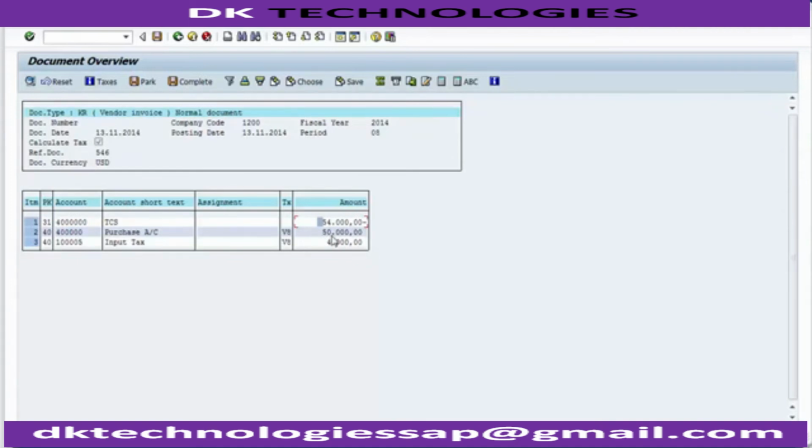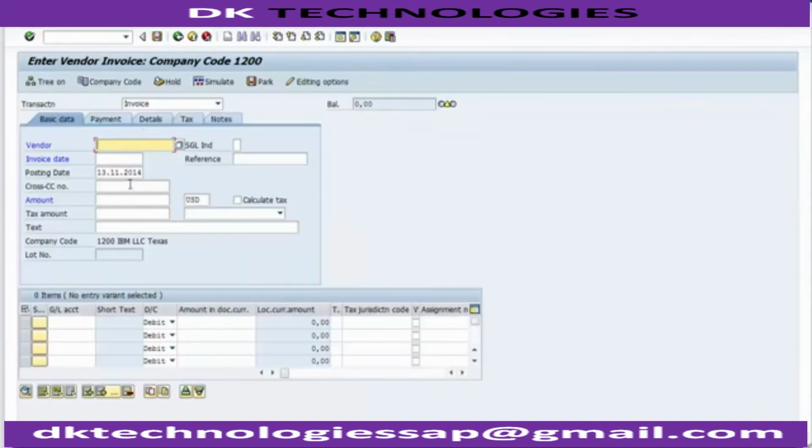$50,000 is for purchase and $4,000 is for the taxes charged by the company. So once this is okay, you can go to this post option, click on it, and your invoice will be posted. So you can see the invoice has been posted and the number has been generated over here to you